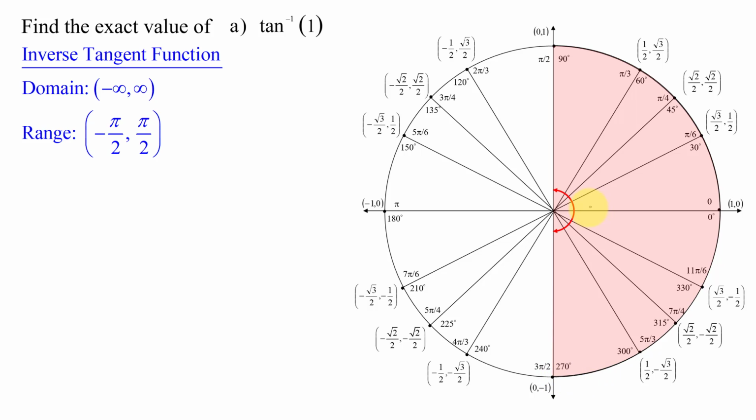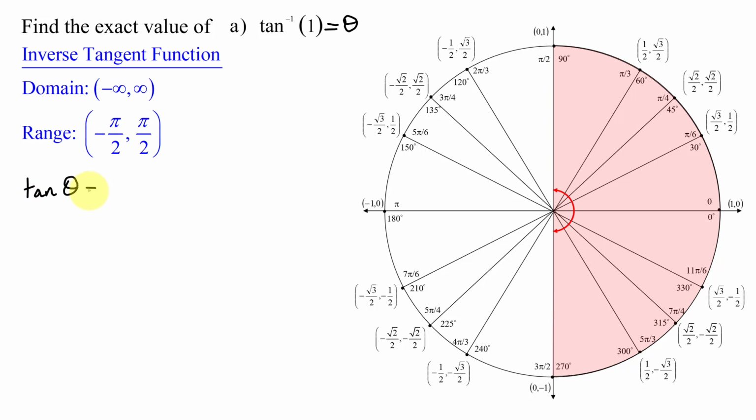circle. So I could have a positive angle rotating somewhere between 0 and π/2, or a negative angle rotating from 0 to -π/2. When you first start working on these problems, it's often easier to set the inverse trig function equal to a variable. I like to pick theta since we're looking for an angle. And then I just translate what this statement means here. This means that the tangent